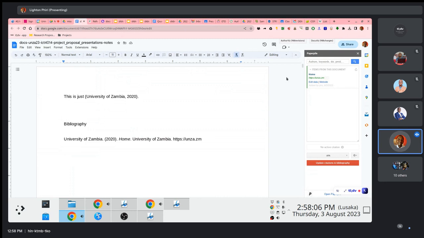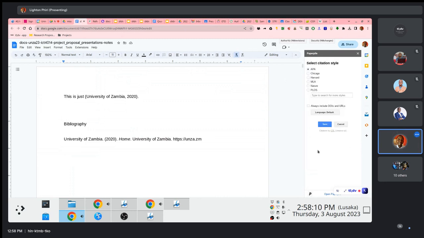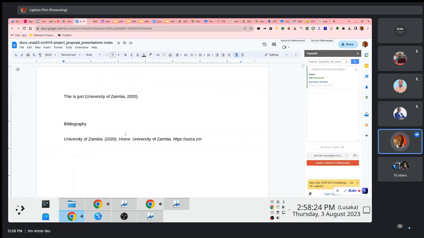Now, the key thing here, and maybe this may not be very intuitive, I'll use something we commonly use in my line of work. It's called ACM. So in ACM, the citation is in brackets with a number here. If I save this and I update, you will notice that the bibliography formatting will change, including the citation. So this list in the bibliography will be enumerated. There will be a number in square brackets or something.